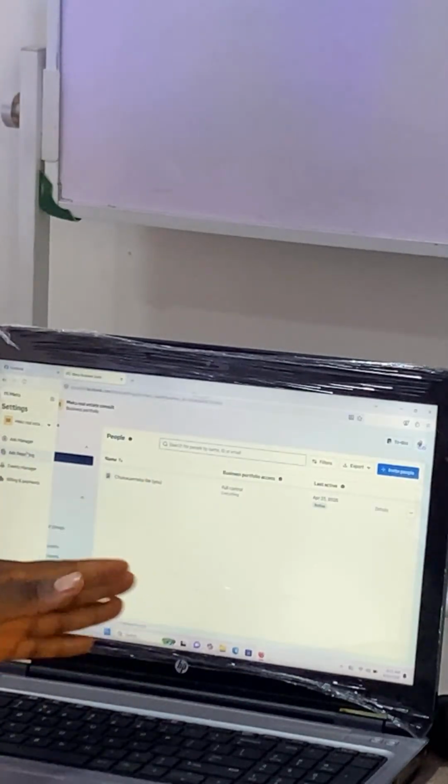If you go to the left side, it will pop up so many options. When I click on the settings, these are the list of things we need to set up, which is what our business needs.